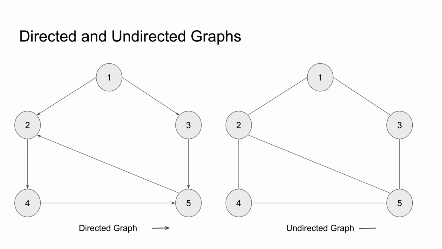So if you are representing, for example, a city, you can say there is a way from 1 to 2. So it is a one-way road, not two-way. So whenever there is an asymmetric relationship, we use a directed graph. And on the right hand, you can see an undirected graph. There are no arrows at any end, and it depicts a symmetric relationship. So if there is a way from 1 to 2, then there is a way from 2 to 1 as well. If you face such a situation, you will use an undirected graph.